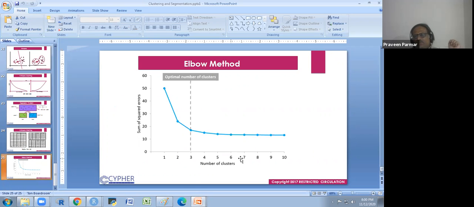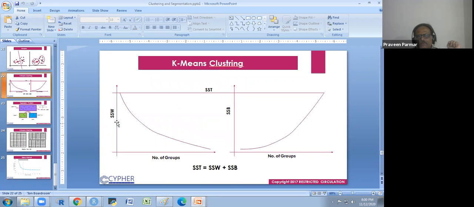If you increase the number of clusters, the sum of squared errors will decrease. Here also you see the sum of squares between the groups. If you increase the number of groups, the sum of squares within will decrease and the SSB, the sum of squares between the groups, will increase.